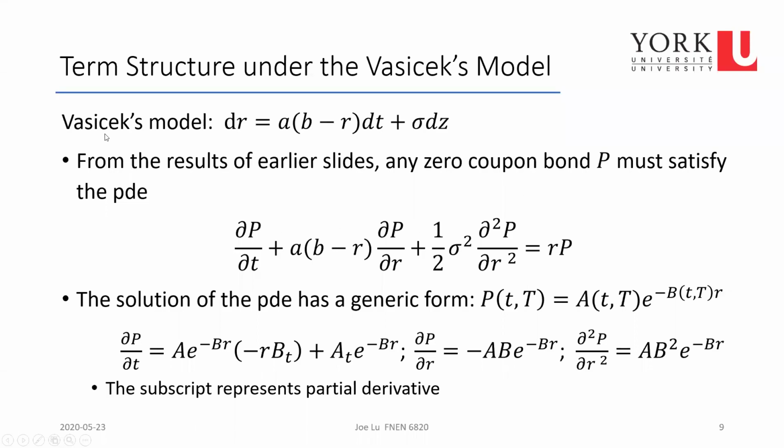Let's take a look at how we can build the interest rate term structure from the Vasicek model for the instantaneous short rate. Now, if we have the Vasicek model written out this way, and from the fundamental pricing PDE, we can substitute the price of the derivative asset with the price of the zero coupon bond. So essentially, what we have here is another way of writing out the PDE on page 7